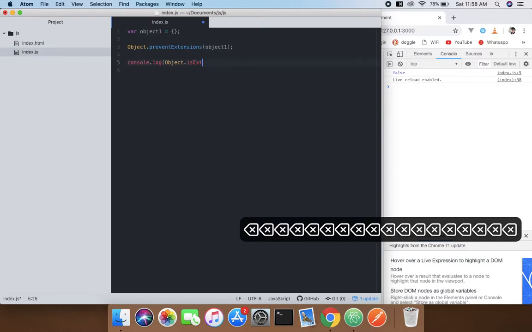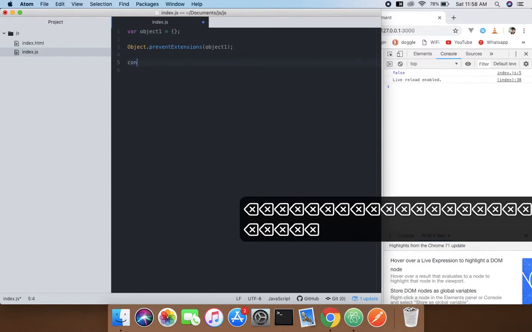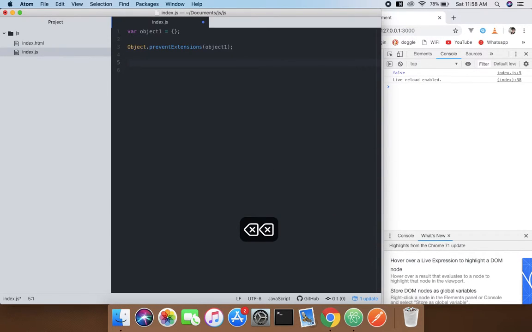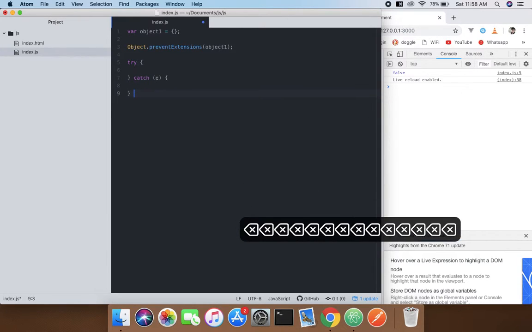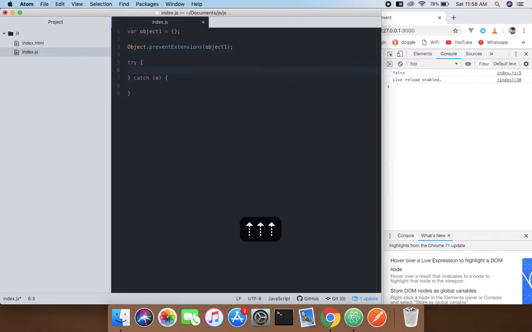I'm going to try to add a property. Use a try-catch block, or you can say this is what we call the error handling method. And now what we're going to do is try Object.defineProperty. We're defining a property here, and pass object1,